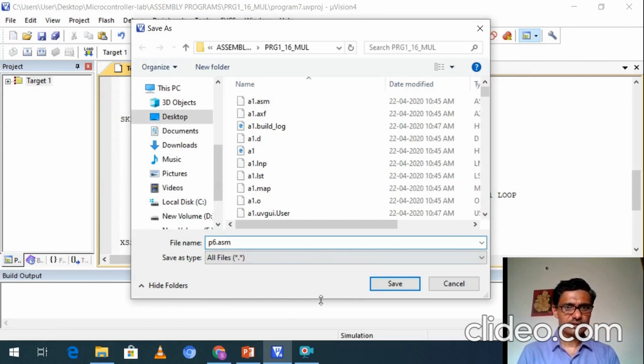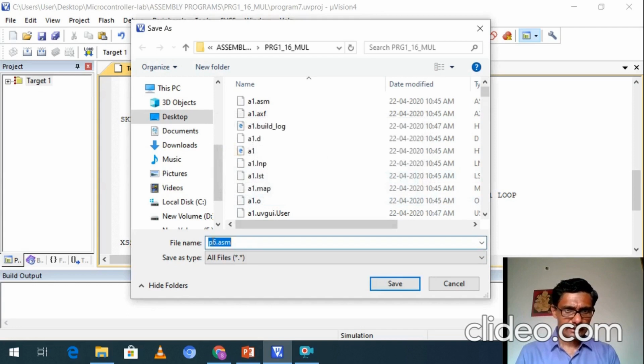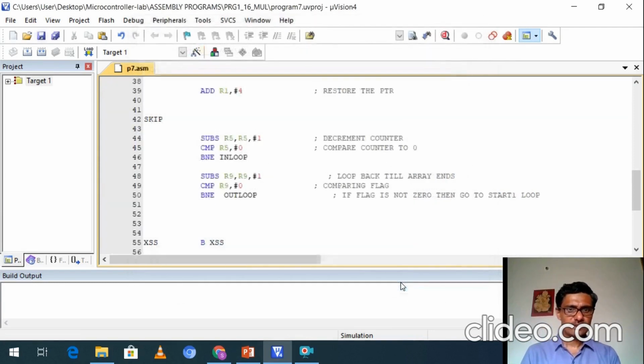Save. So it already exists. Okay, I'll give some other name. Sorry, it is p7. I'll give p7.asm as the file name. Save. So p7 is there.